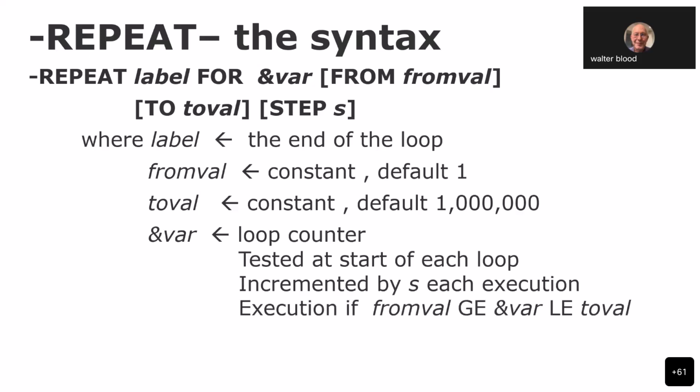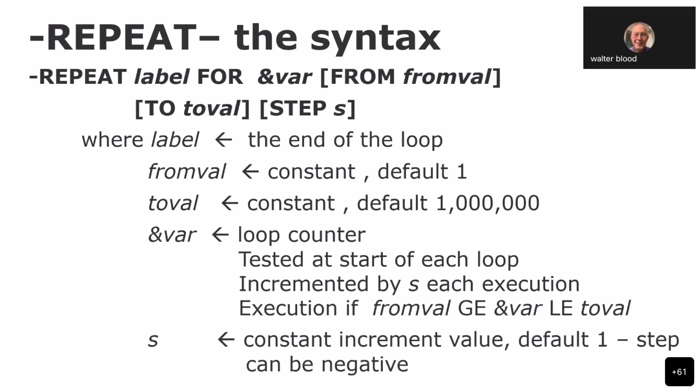The execution goes between the from val, greater than or equal to the from val, less than or equal to the to val. And your step is a constant. It's the increment value. It defaults to 1, but you can actually do anything you want with it. You can also set it to a negative. So if you want to count down, you actually can do that. You can set that up. Now,